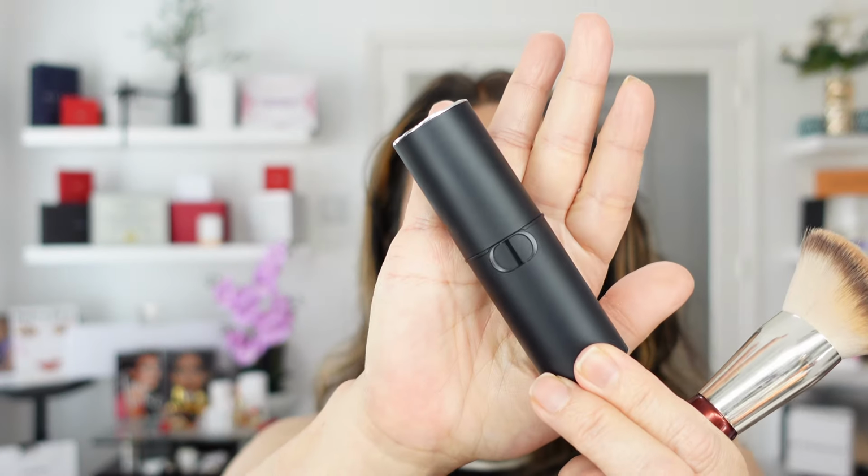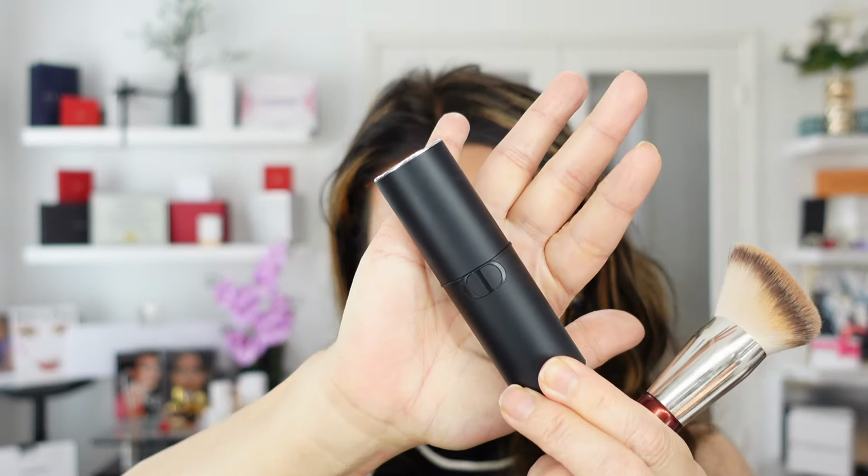The one I'm using is the Christian Dior Forever contour stick, the recent launch. I really like how the halo is showing at this point, and all of the demarcation lines that you can see. At this point, we're going to take care of all of those little details by the end,